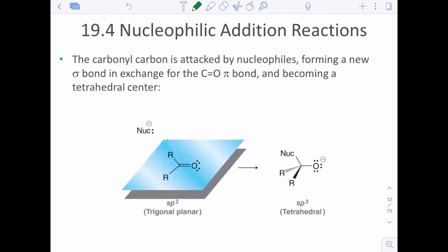Something else that's very important about this carbon is that it is sp2 hybridized, so it's trigonal planar. That means when the nucleophile attacks that electrophile and kicks up those lone pairs to break the bond, the new bond created by the nucleophile is actually creating an sp3 hybridized center, all right? And so that tetrahedral center